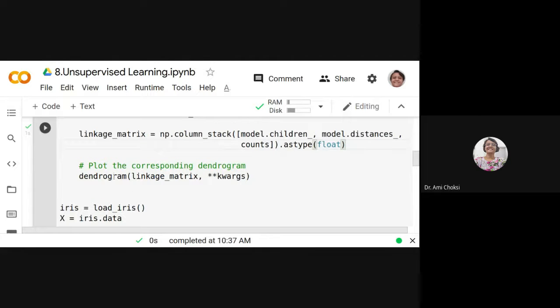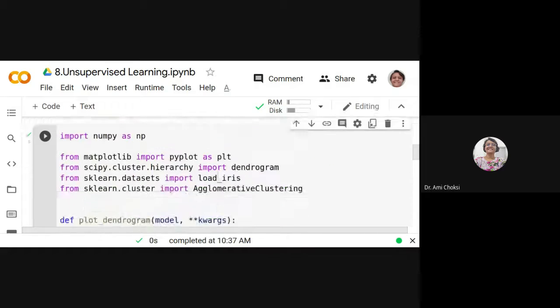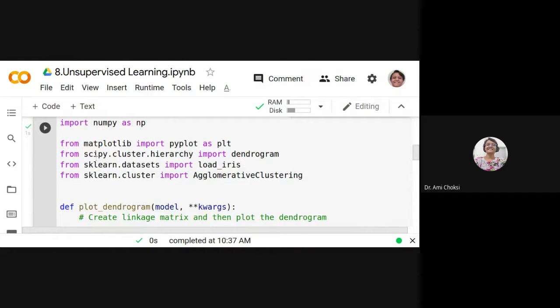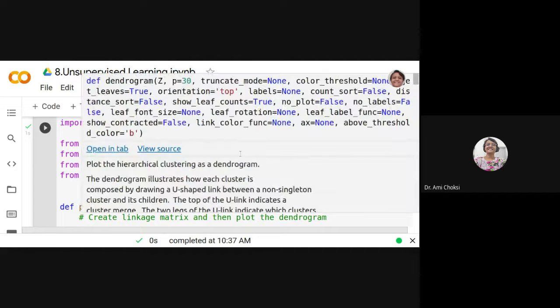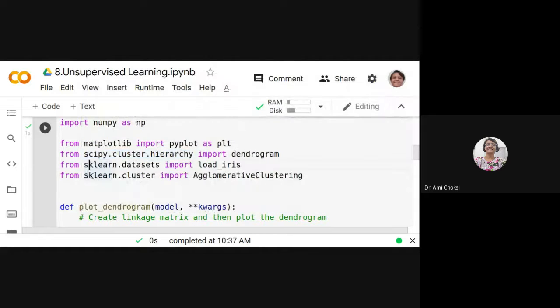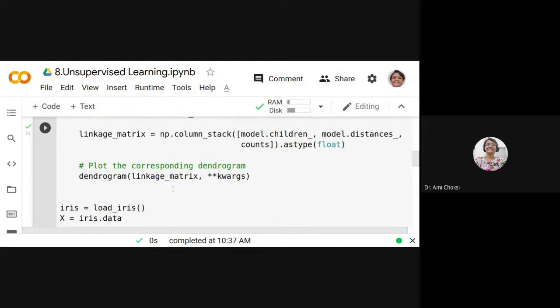And then after, we are drawing the dendrogram, that is with whatever is already available in scipy.cluster.hierarchy.dendrogram, right? Plot the hierarchical clustering as a dendrogram. This is our linkage matrix that we want to create, and whatever arguments we want, we specify here.